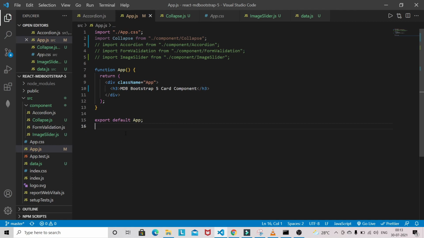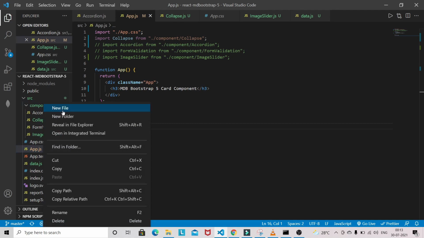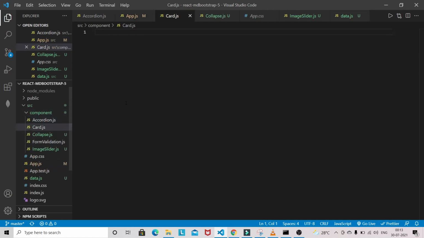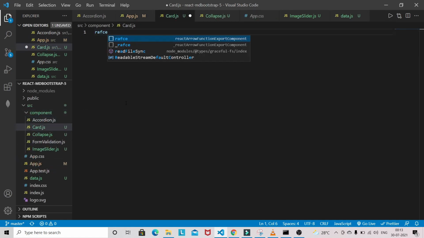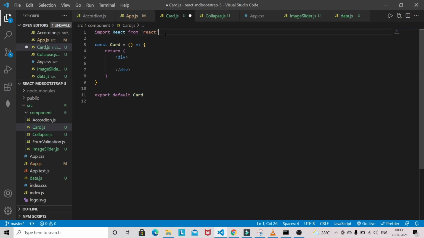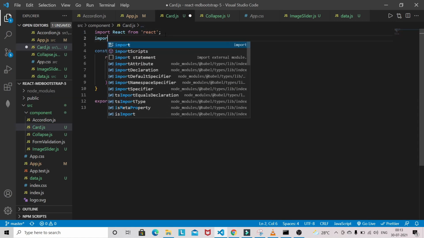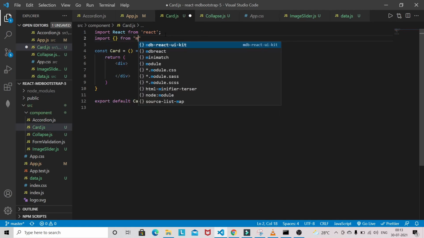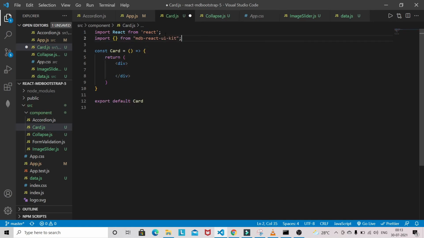So in this video we are working with the card component, so I will create one file here. The file name will be card.js, and I'm going to generate a snippet here, and we need some components from Material Design Bootstrap, so I will bring those components.